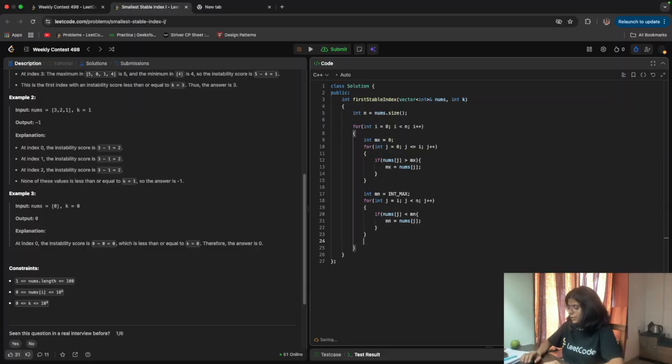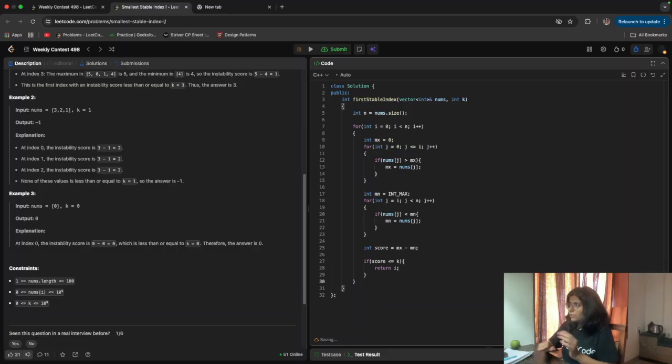And then we need to compute the score, whatever it is, max minus min. If this score is less than or equal to k, then we need to return that I value, basically that index value.